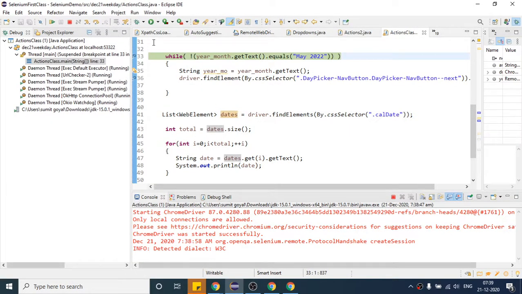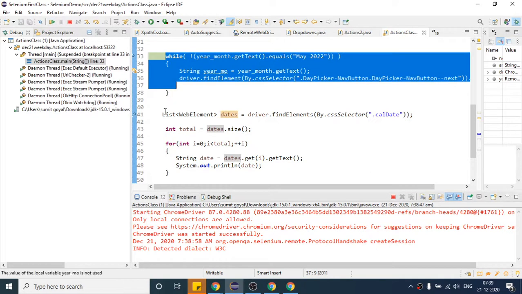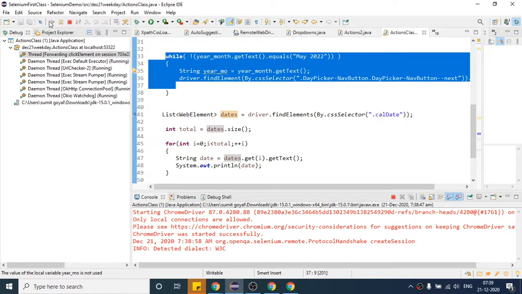I should have removed the debugger from here because this part we have already seen. So let me put the debugger here and click on resume so that this will execute and stop here because I put one breakpoint here. So click on resume.